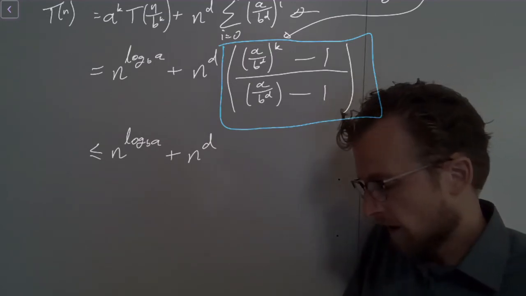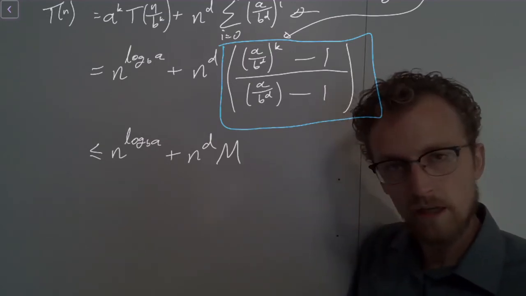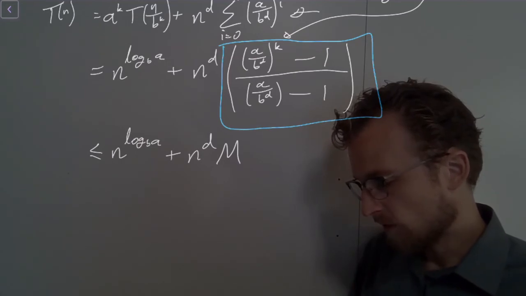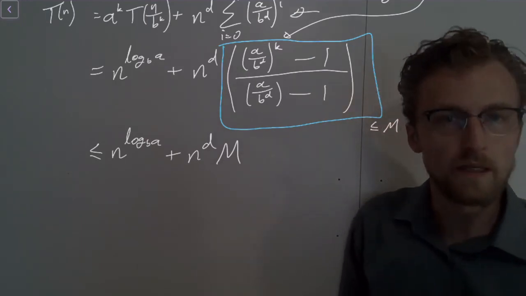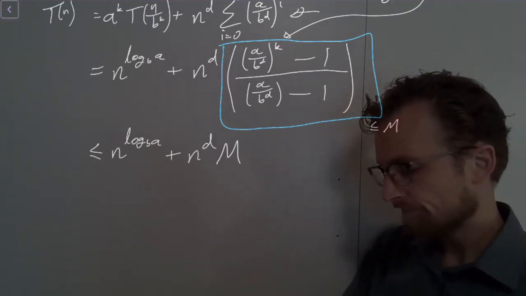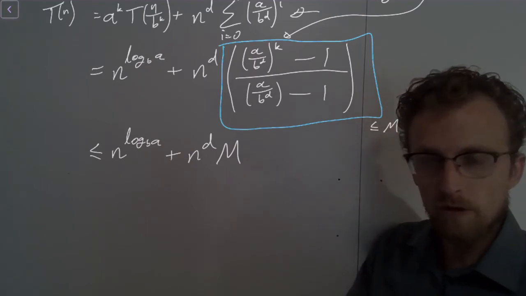And I'll just call that constant m. Okay? So I know that this whole thing, the thing circled in blue, is less than or equal to m. So therefore, this overall expression must be upper bounded by m. So we already worked out